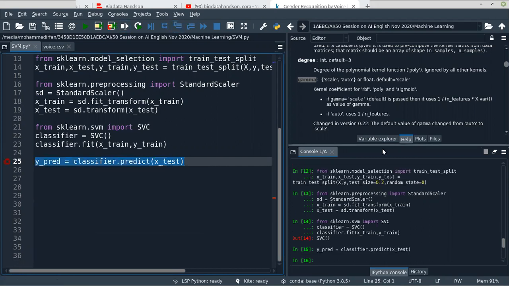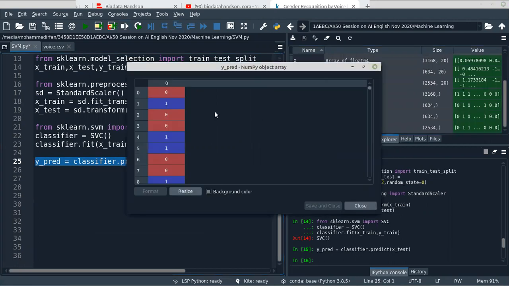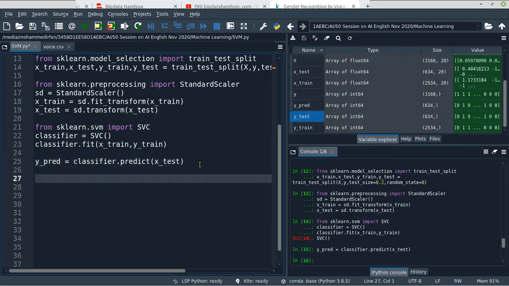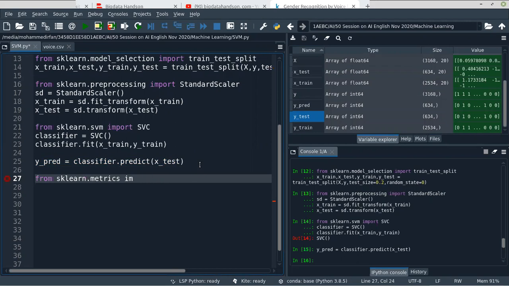Now we got the prediction results, y pred, right here. And we have the test results also. This is the actual one, that's the predicted one. Let me count how many we have classified correctly and incorrectly. To do that, we'll import the confusion matrix from the metrics module.